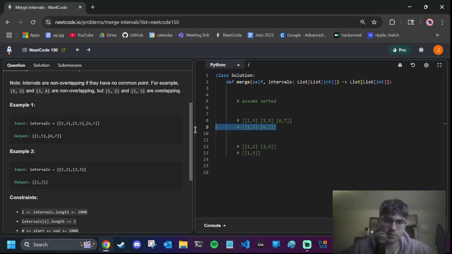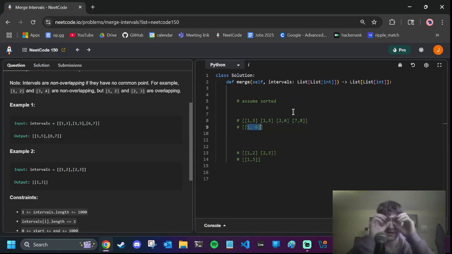Another example would be, if we change this to also have, let's say, 1, 6 in it. Let's say this was 7, 8. Then now we would combine the 3 of them into 1, 6. Okay, and if this was a 2, we would still have it be 1, 6. Okay, so I think